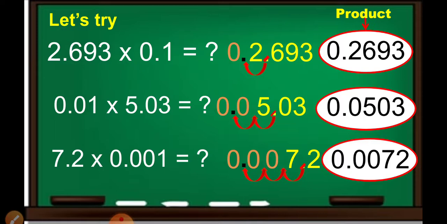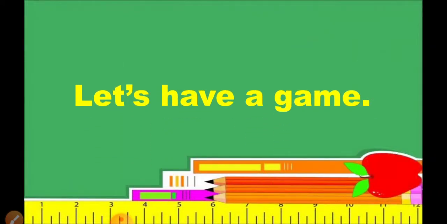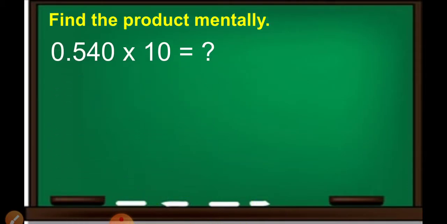So, is there any question? How to multiply decimals by 0.1, 0.01, or 0.001? Okay, so now let's have a game. Let me see if you really understand our lesson. Okay, answer this. Find the product mentally. 0.540 times 10 is equal to